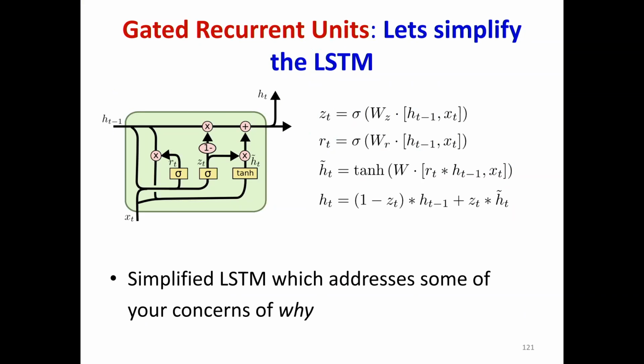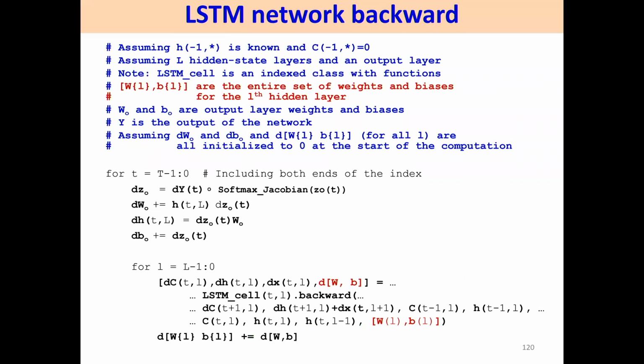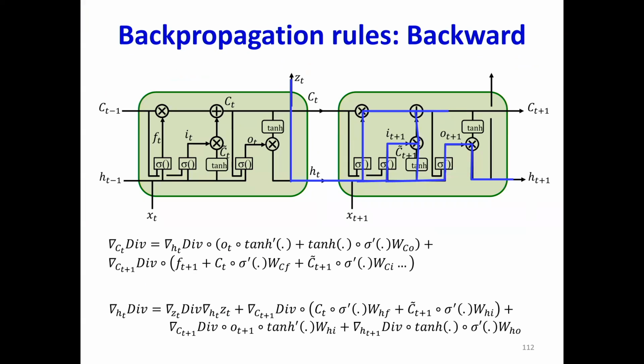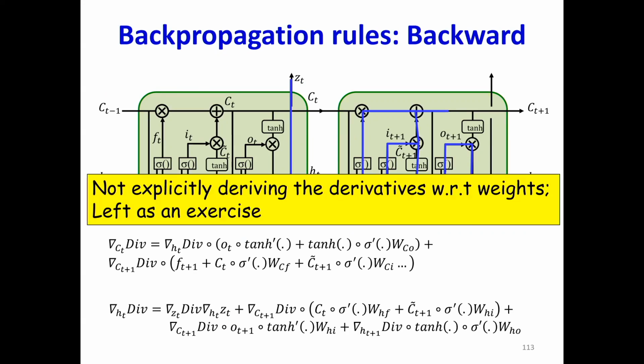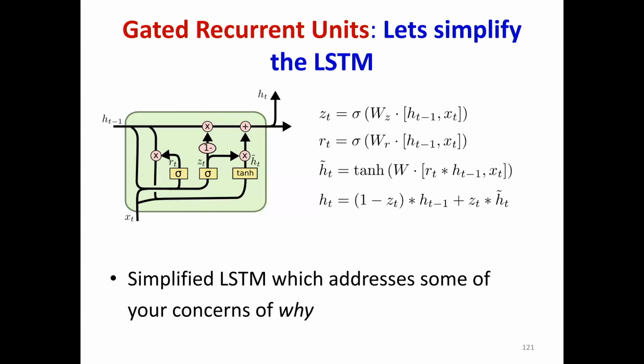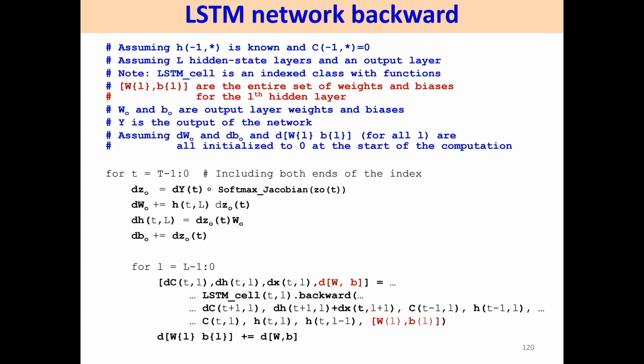So one final bit. Why is the entire thing so complicated? But before that, I just want to point out one small thing: when you compute the derivative going backwards, you're going to get derivatives coming in through HT, CT, and ZT. And the output must compute derivatives for these three guys coming out. This derivative will go down to the lower layer, and you're also going to get derivatives for all the weights inside the network. So make sure that you get all of those. Now, if the LSTM seems unnecessarily complex, it actually is.